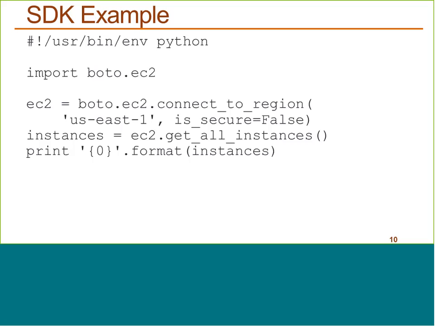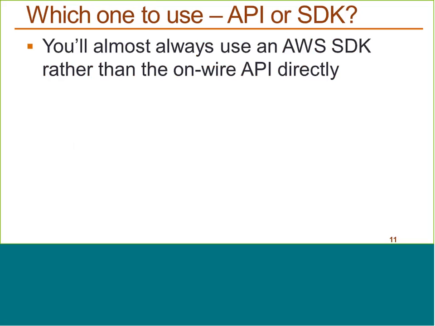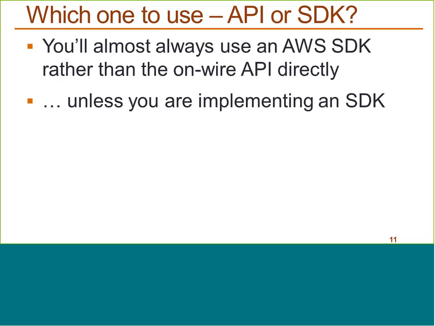So this was much easier to do than figuring out all the HTTP headers and then signing the request and so on, right? So which one should you use? You'll almost always use the AWS SDK rather than the on-wire API directly, unless